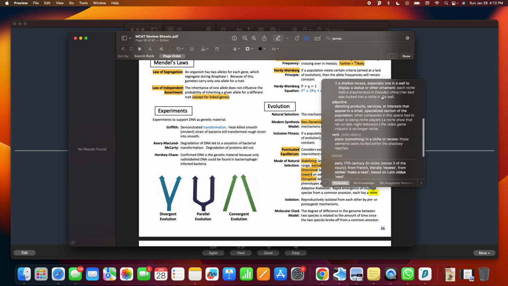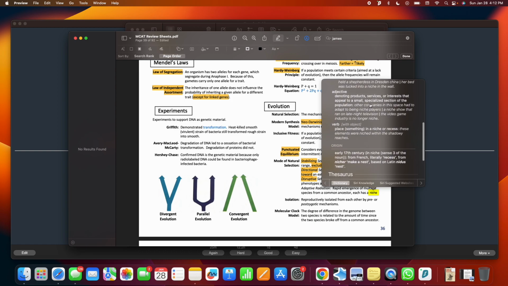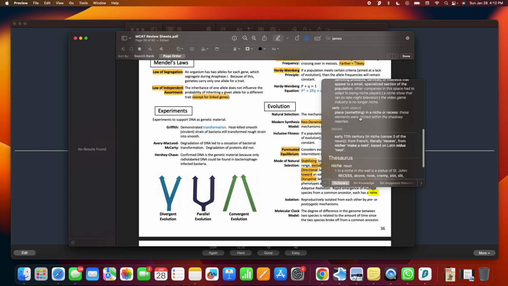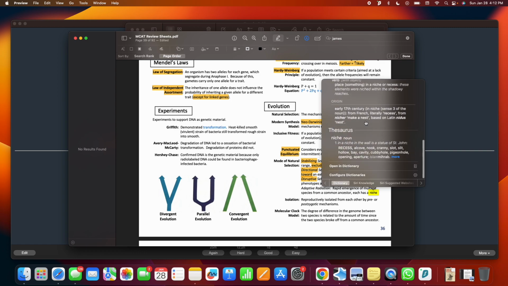Everyone knows it usually. And denoting products, services, or interests that appeal to a small specialized section of the population, as an adjective: other companies in this space had to adapt to being niche players. And then as a verb, place something in a niche or recess: these elements were niched within the shadowy reaches. Yeah, whatever that means. It's from the early 17th century, from French, literally recess, from nicher, make a nest, based on